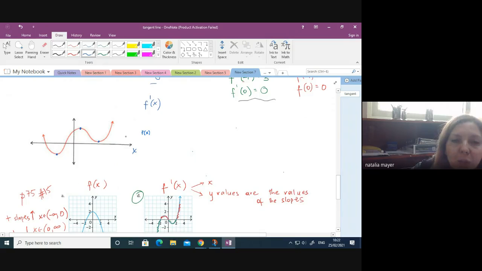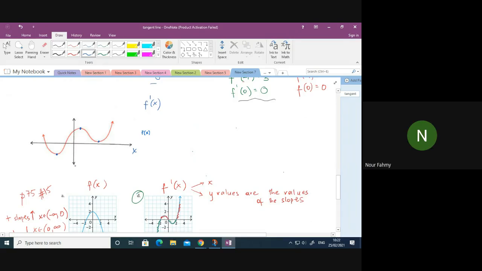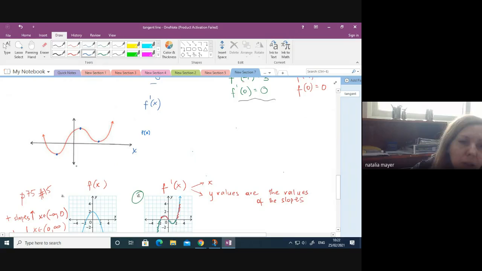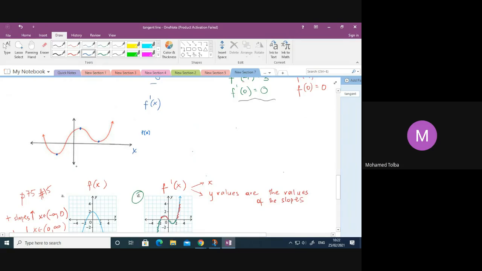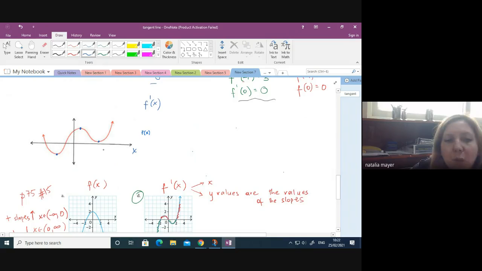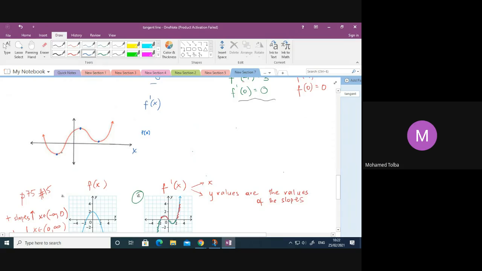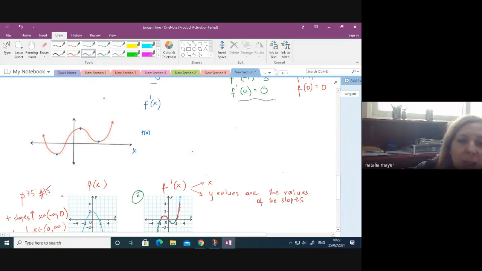Why is it important in terms of the derivative function? Minimums and maximums. Let me put it in a different way. What can you say about the tangent line slope at those values? 0. So the maximum and minimum of f of x